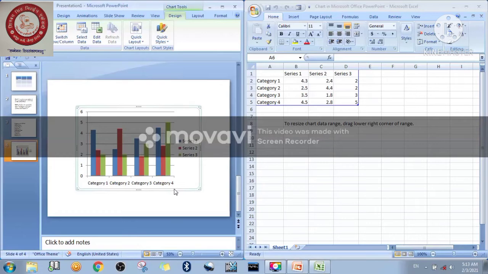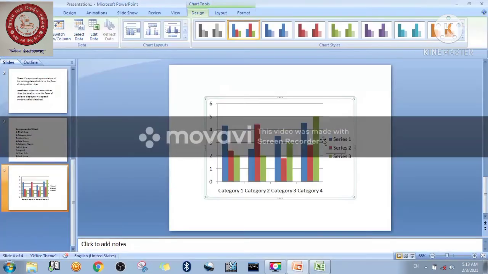Let me give you the details of the things you can understand here. Let me maximize it. Please remember your data sheet is open in Microsoft Excel. Now it is maximized.